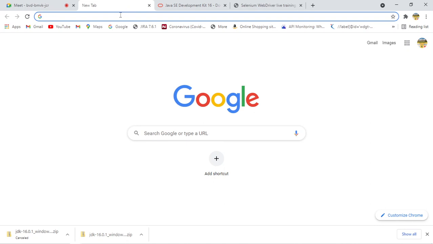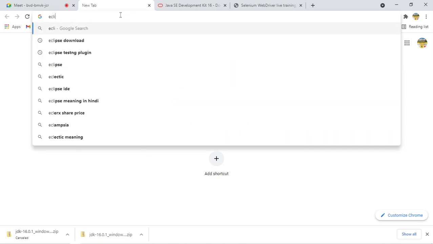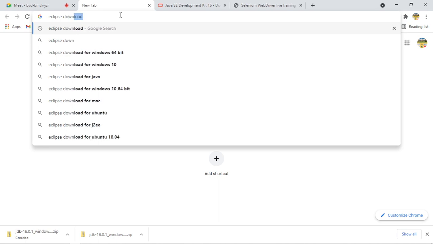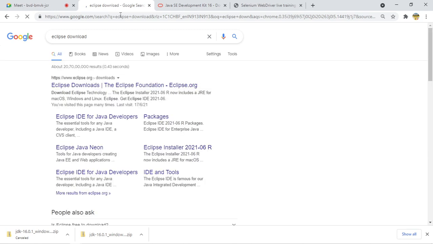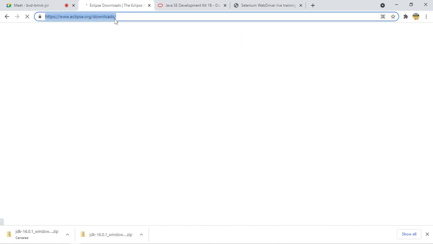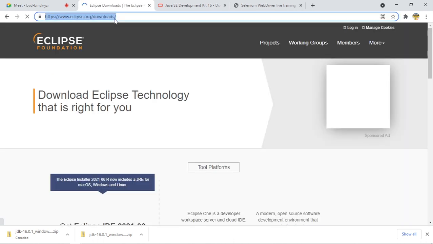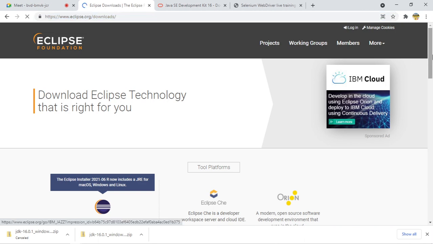As we are going to work with Eclipse, I will search for Eclipse download. You just have to write this. As we are working with Eclipse, it is very straightforward. Eclipse download, so click this. Once you click this, go to their official website. Let me also share this URL in the chat box. So go to this URL, and after that,